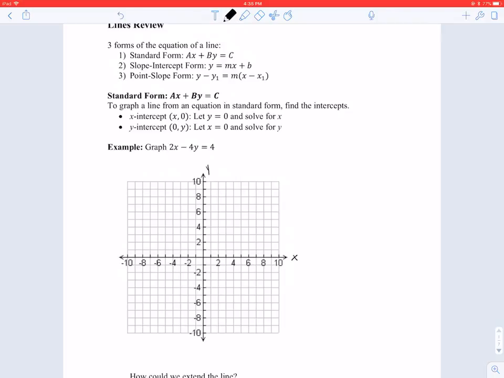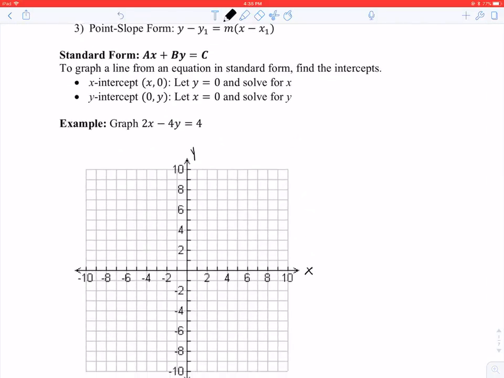Then, for finding the y-intercept, you're solving for where the line will cross the y-axis, and that's the vertical axis, where every x-coordinate for any point on the y-axis will be 0. So, in this first example,